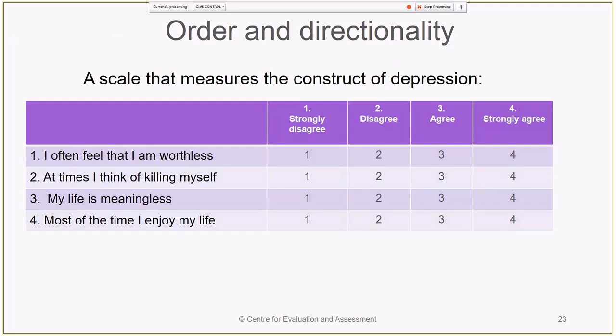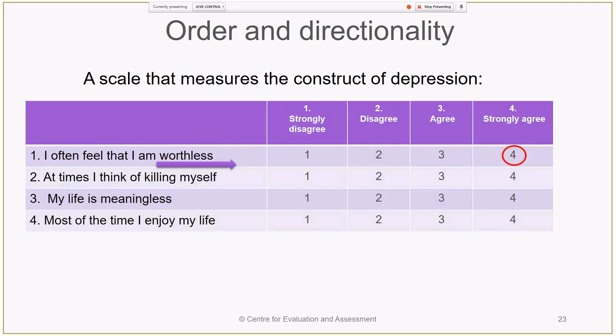So let's say we have a scale that measures the construct of depression, just an example. We want to measure this construct as a whole, and we want to measure in one direction. Our first question says, I often feel I'm worthless. Somebody perhaps strongly agrees with that, so they have more of the underlying construct, depression.